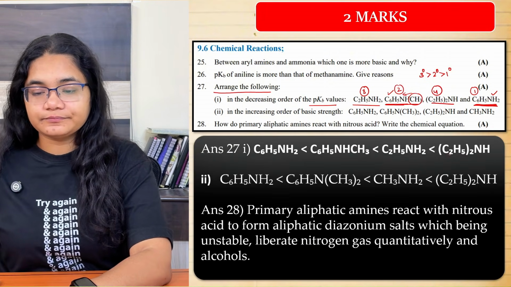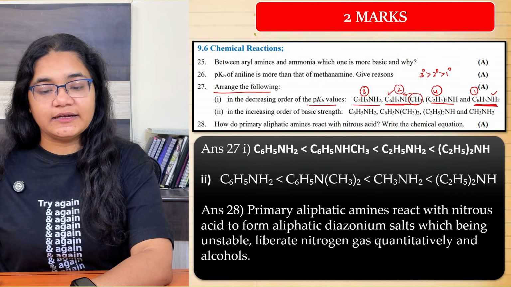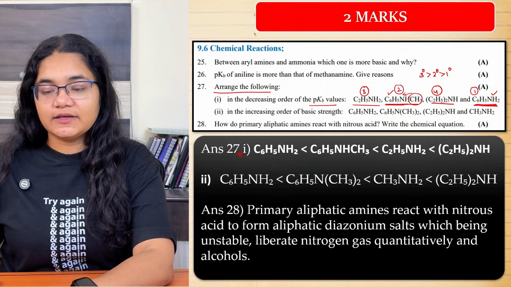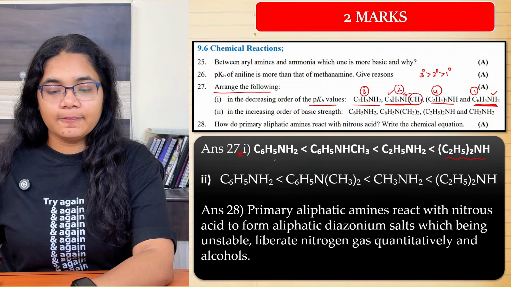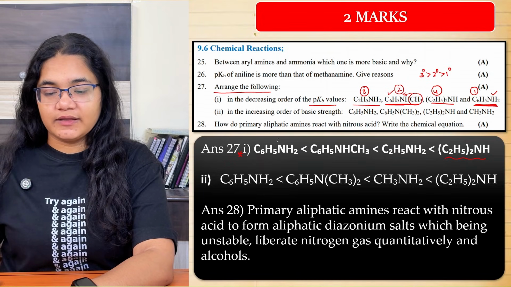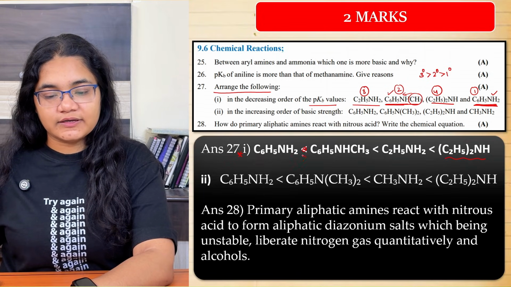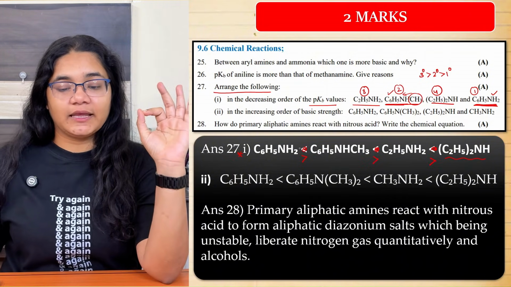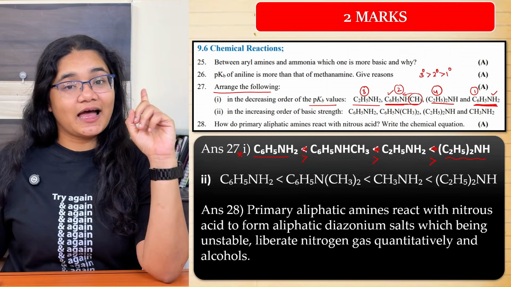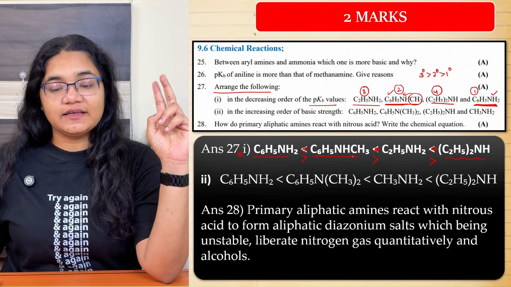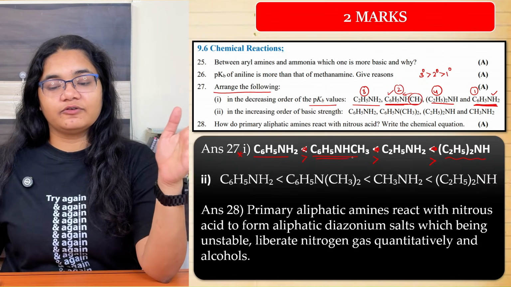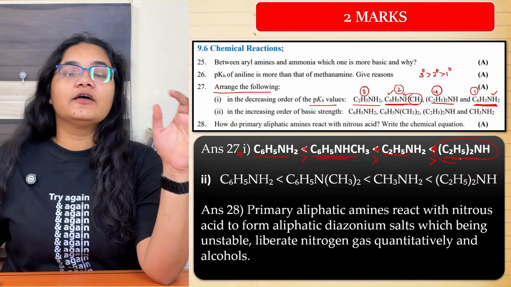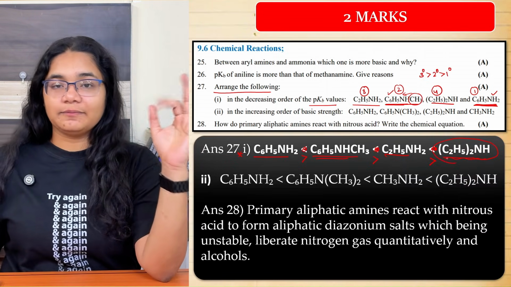The question has asked us for the decreasing order of pKb, so I think we have to change the order. Decreasing order will be for this one. Highest pKb, sorry, decreasing, this one is the same, we only have to change the symbol. Decreasing order of pKb. See, this is least basic, so it has the highest pKb. Then this one, then this one, and lastly this one. This is highly basic, a strong base, so it will have the least pKb value.